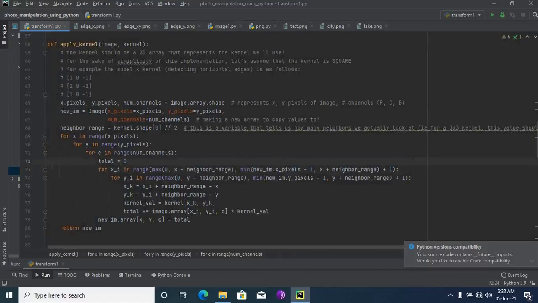Then same as before, I'm looping for x in range x pixel, and setting total equal to 0.